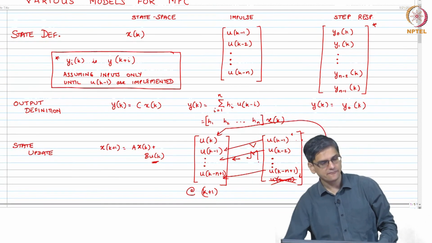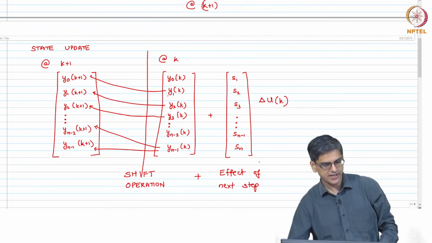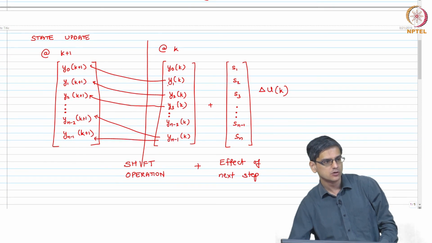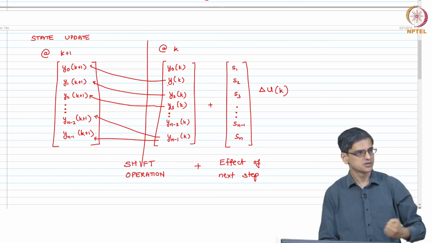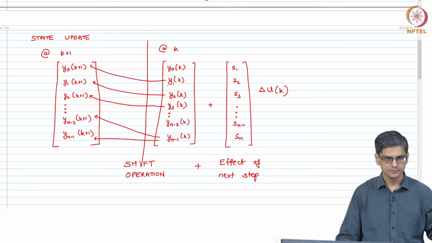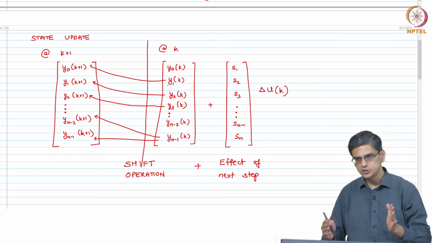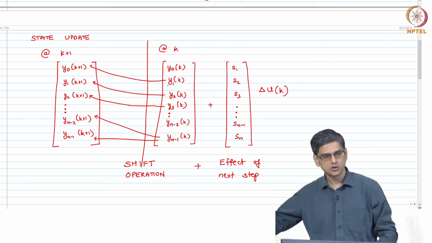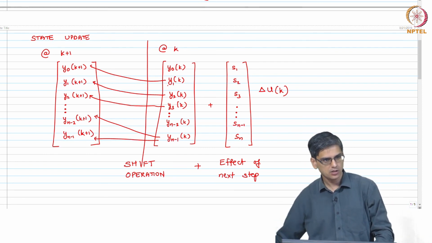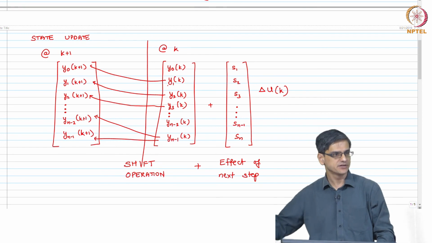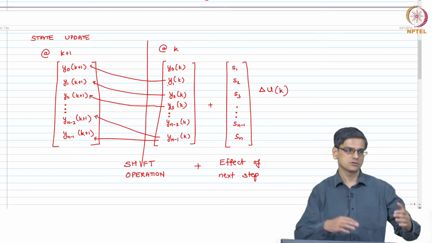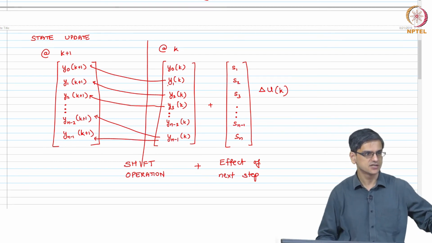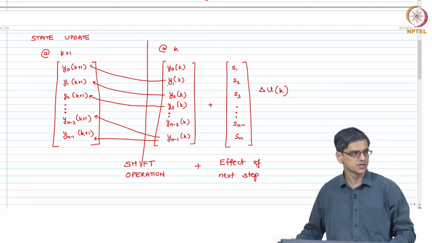So, at every time k, you measure your output, okay. You compute your output using your model and then you update your state. You can do it that way, or you can do first update the state and then compute the output, and next time you can keep doing that.